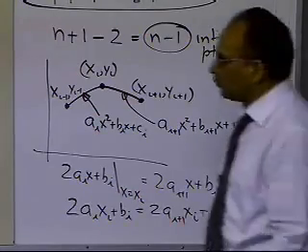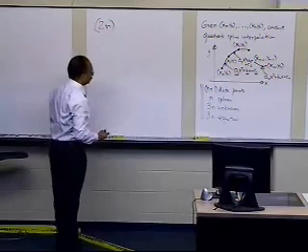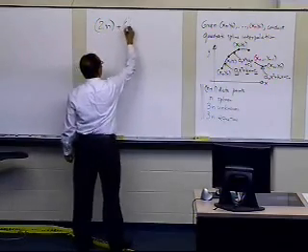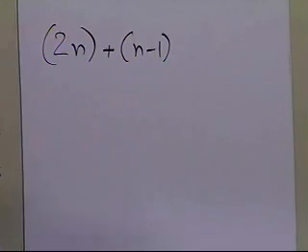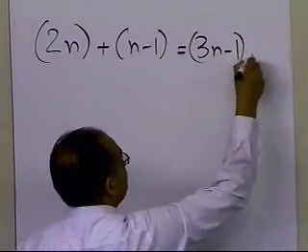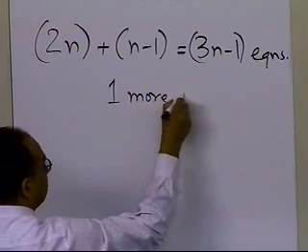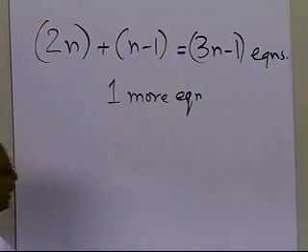So what that implies is that we already got 2n equations from saying that each spline is going through 2 consecutive data points, and then that the first derivative is continuous at the interior data points. We had n minus 1 equations coming from the fact that the slopes are the same at the interior data points. So we're going to end up with 3n minus 1 equations. So we have to find one more equation. One more equation is needed, because otherwise I don't have 3n equations for 3n unknowns.